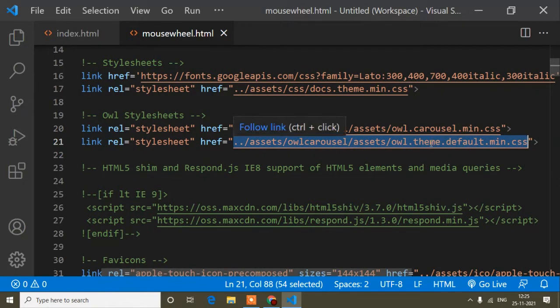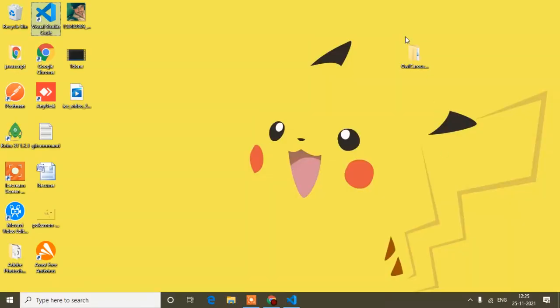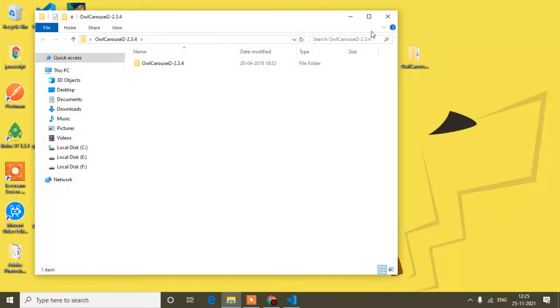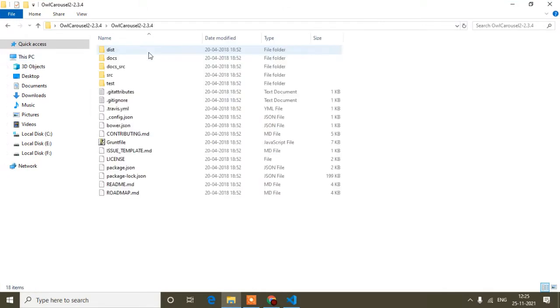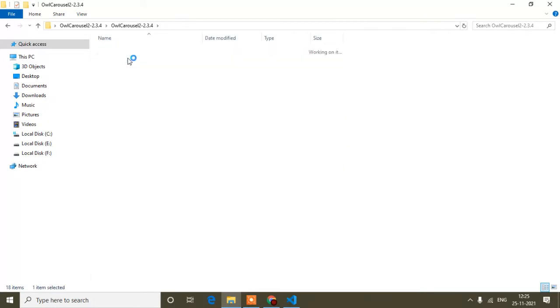Simply open the Owl Carousel folder which you have downloaded from the Owl Carousel official site. After that, go to the docs and then the assets folder, because here you can see the path, assets folder.